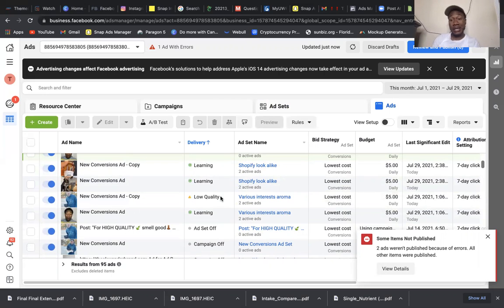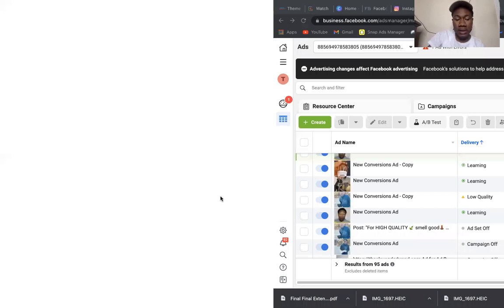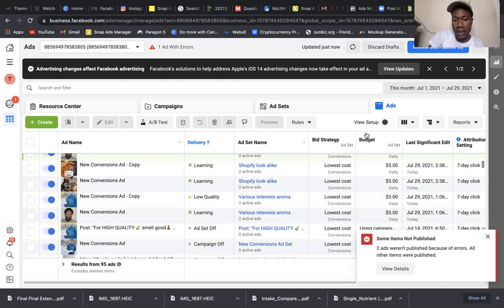Essentially, that's pretty much it in regards to doing this. Guys, please forgive me. I don't know why they did that, but my phone is running off. Essentially, that's pretty much it when it comes to running ads and creating your ads in your campaign manager.